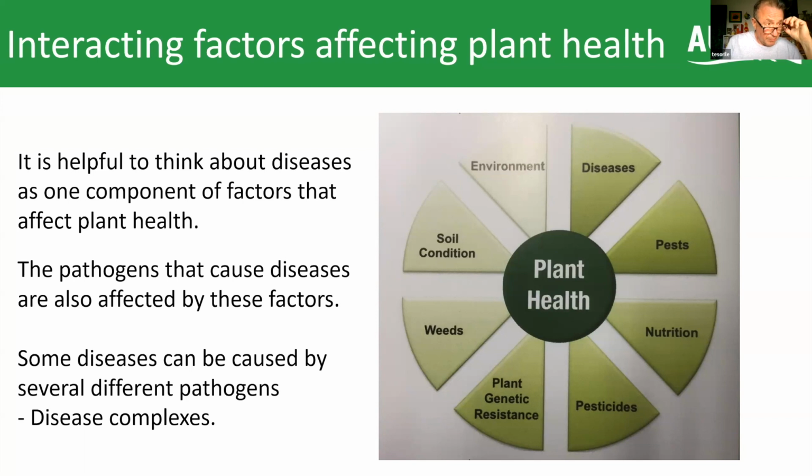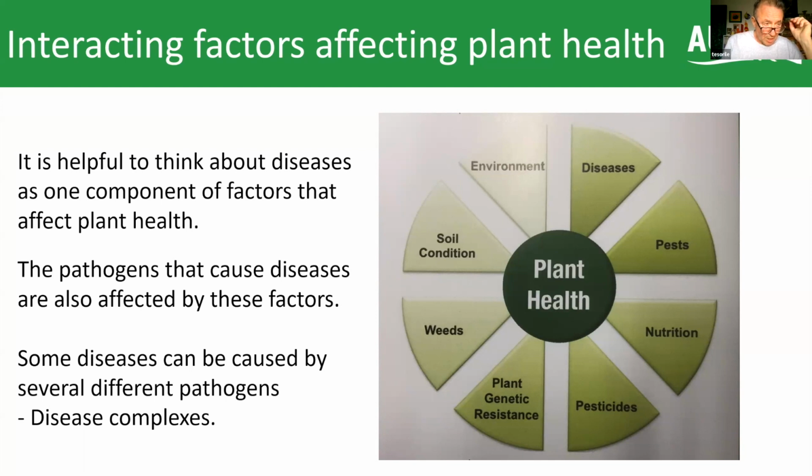Plant nutrition can be vitally important in terms of how it affects plant health on its own, but it also interacts with diseases. And one of the strongest examples I know of is fusarium wilt in certain crops. I've seen it certainly in solanaceous vegetables, but also in the cucurbits, in cucumbers and melons, where using excess ammonium form of nitrogen can actually increase the susceptibility and the symptom development of fusarium